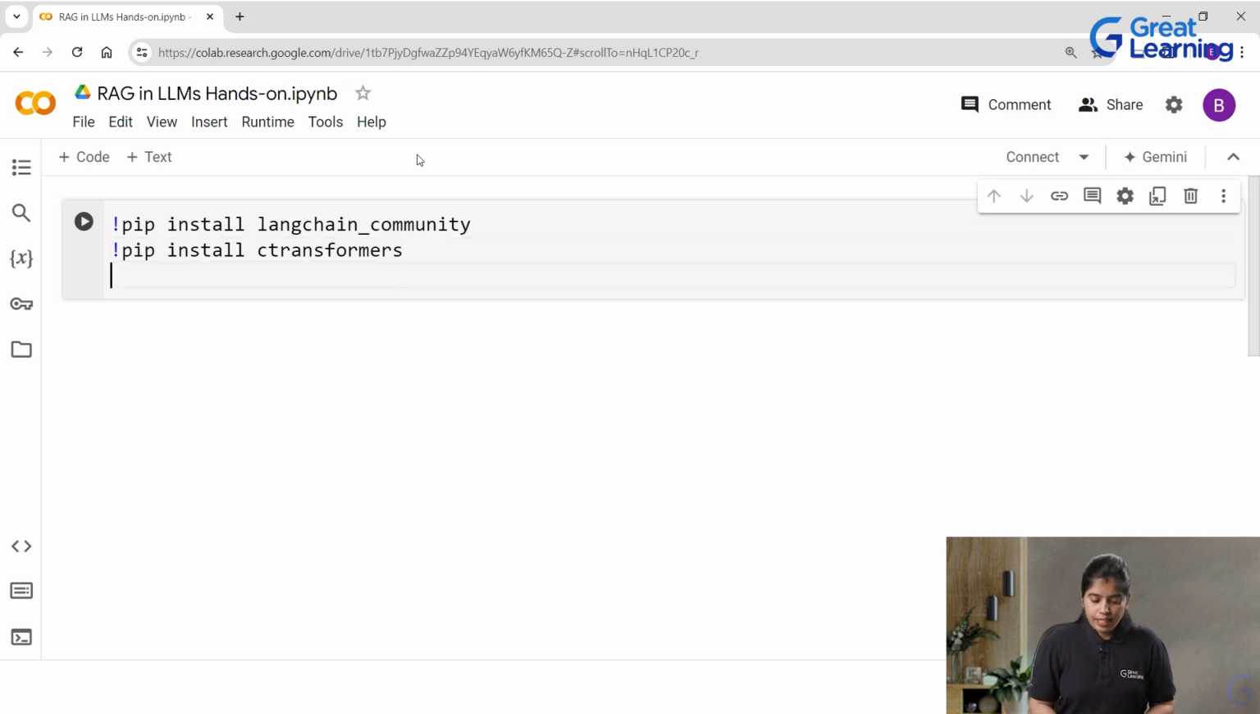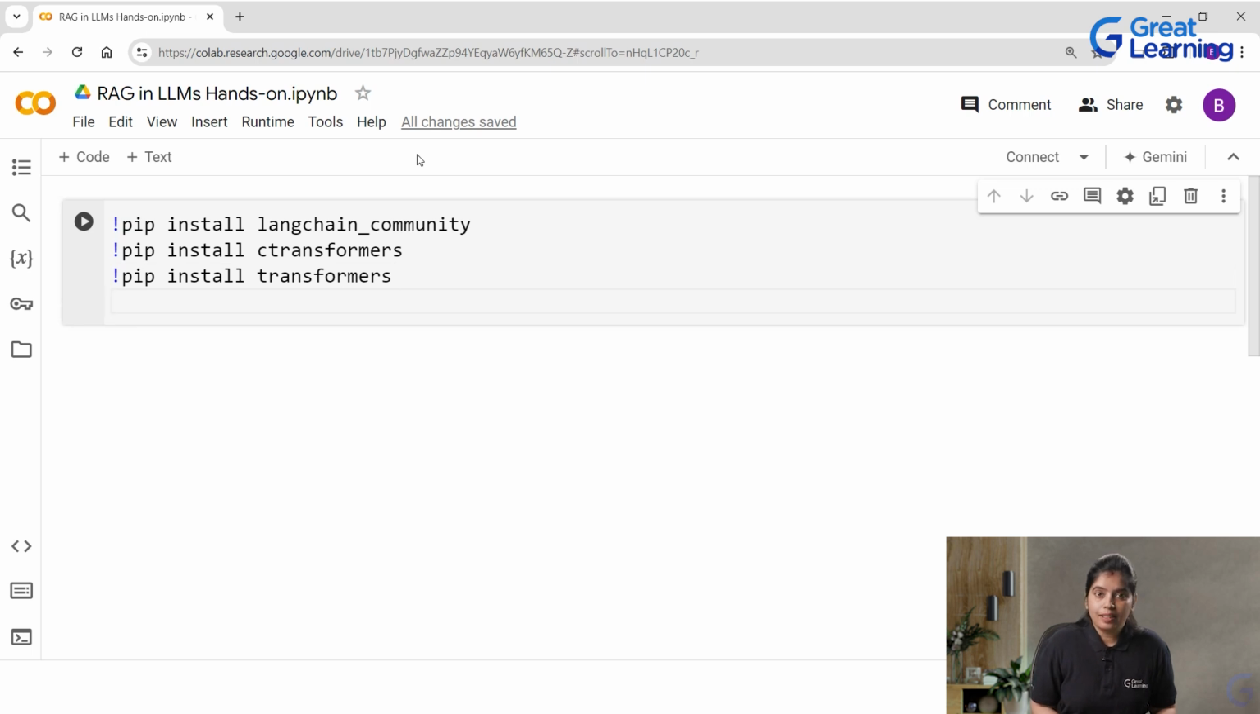Okay. Next we're going to import what? Pip install transformer. So these are the Hugging Face libraries for models like BERT and GPT. Next, now we're going to give another library which is